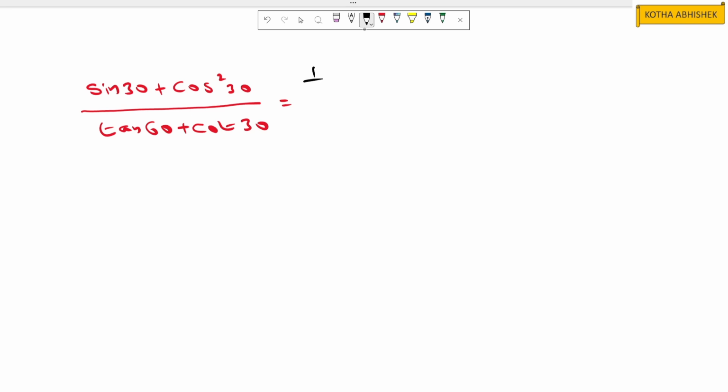Sin 30 value is 1 by 2 plus cos 30 is root 3 by 2. So here we have cos square 30, right? So write the value first, root 3 by 2. For this value keep the square, whole divided by tan 60. Tan 60 value is root 3 plus cot 30. Cot 30 value is again the same as tan 60, that is root 3,